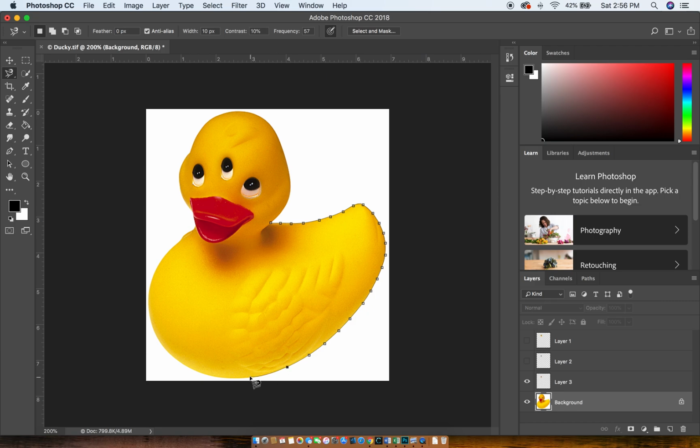I still need to be a little careful because you'll see I can force the issue. But as long as I stay around the border, Photoshop and my hand are going to trace this ducky really well. And again, same thing, I need to go all the way around the border of the duck, and then I need to click where I began, which is a little more obvious here because I have the square, so I'll go ahead and click. Again, I'll copy and paste,